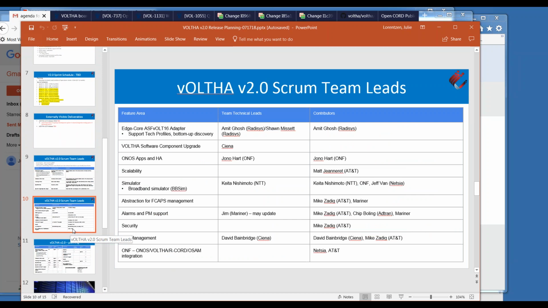We've got a list. I probably need to put an updated version on the wiki, but we have a version of the Scrum leads. But yes, you can contact me offline, and Sean and I can talk with you and see if we can find a good way to get you plugged into the development work. That would be a great help. Yeah. Thank you. Okay, thank you. Any other questions or comments from the group?